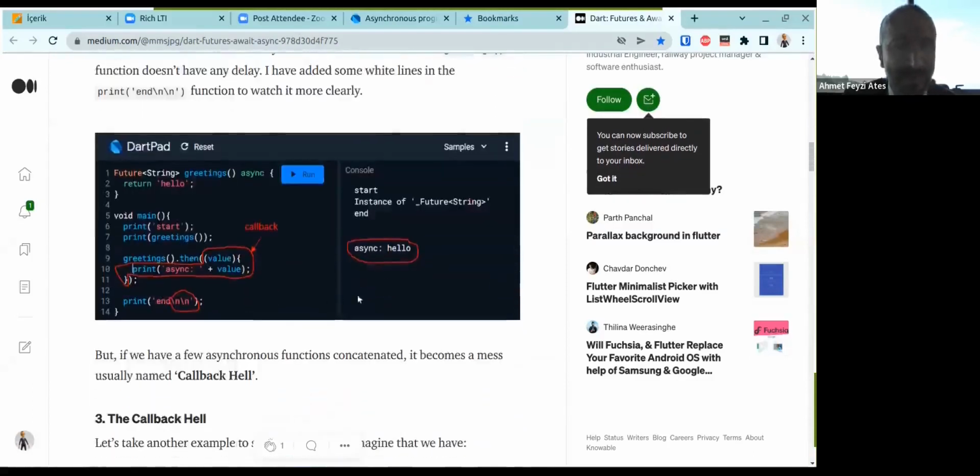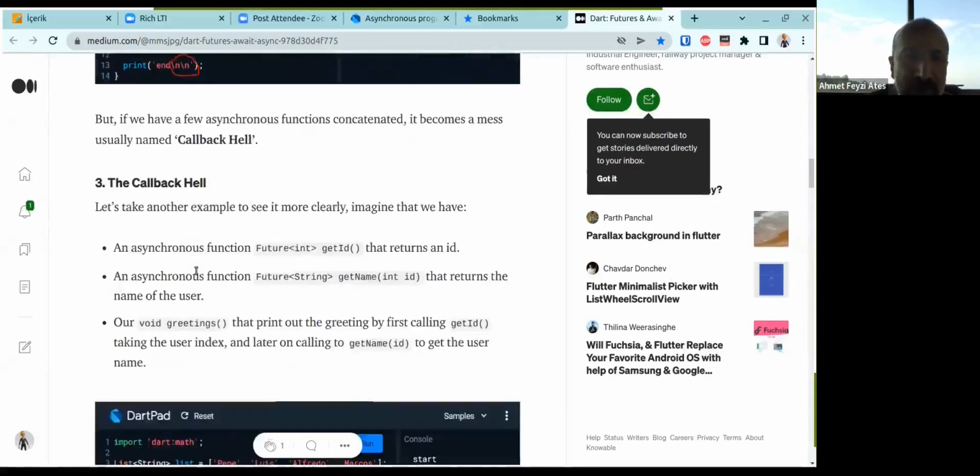What's a callback? Here, as I said before, async functions, for example greetings in here, can use then, like delayed, remember.